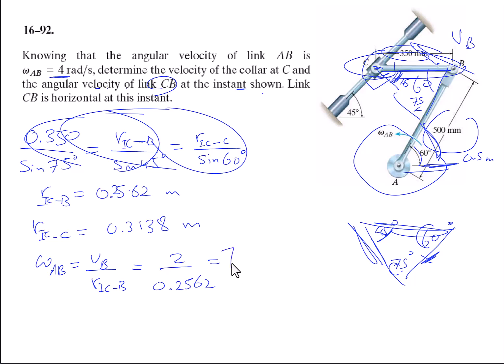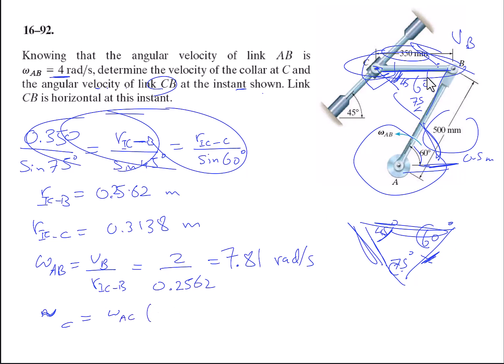So this is 7.81 radians per second, and the velocity of point C is omega AB